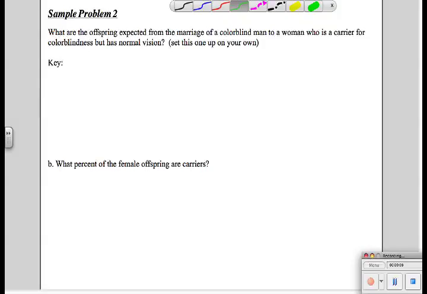Alright, let's try another sample problem with sex-linked traits. Now normally I'm not going to tell you whether a trait is sex-linked or not. There are kind of four big examples we use in this unit, being